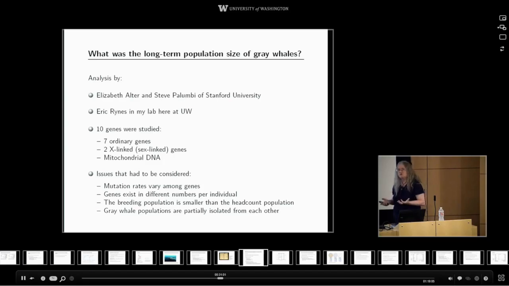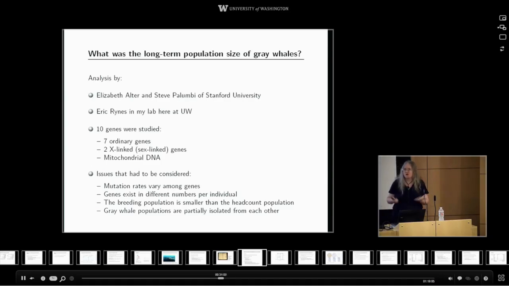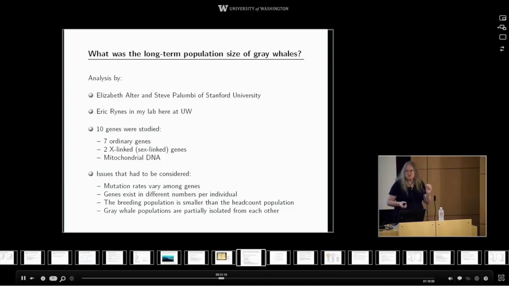Eric and his working group picked out genes that could be sequenced. How do you get genes out of a whale? It's fairly easy to get a very small blood sample from a whale without doing the whale any harm. And this was actually, I think, piggybacked onto tagging attempts. So you get a tiny amount of blood, you do DNA sequencing.